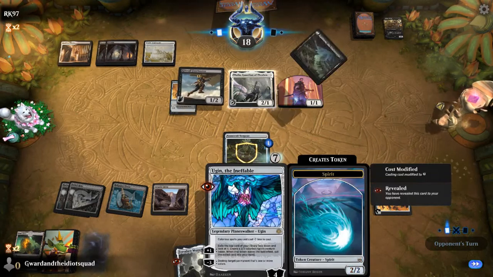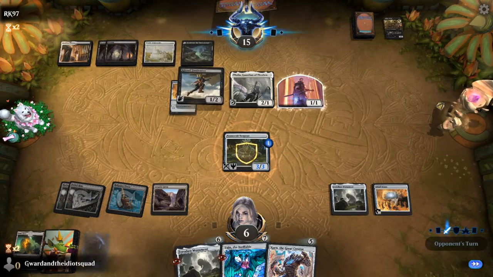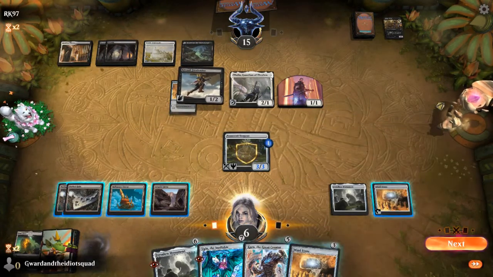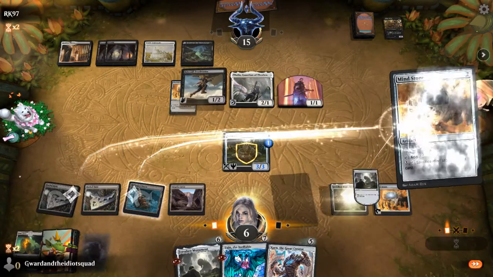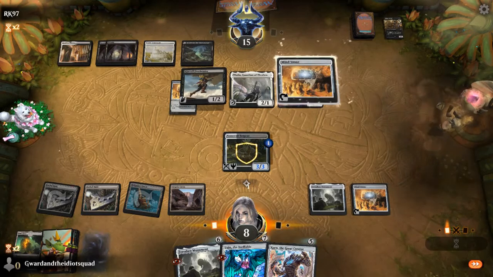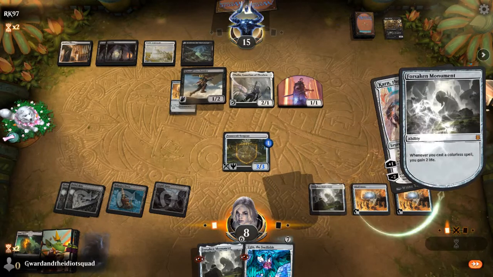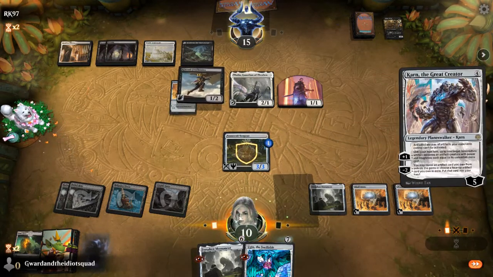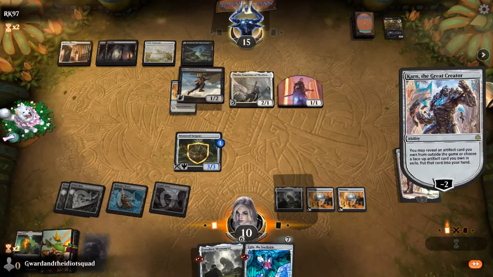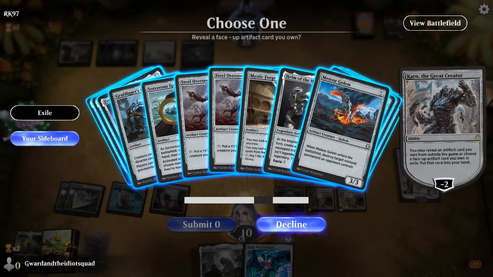And next turn we're going to play Ugin. Yep, cool. We slow down our opponent. Nice. Alright, go ahead and play Mind Stone. That way we can gain more life. Alright, we're going to go ahead and play Karn. We're going to go ahead and -2. And we're going to grab...